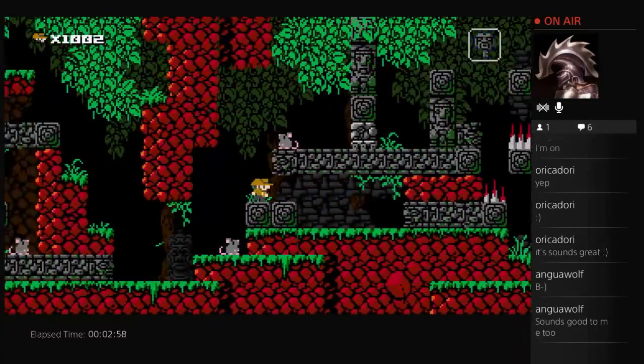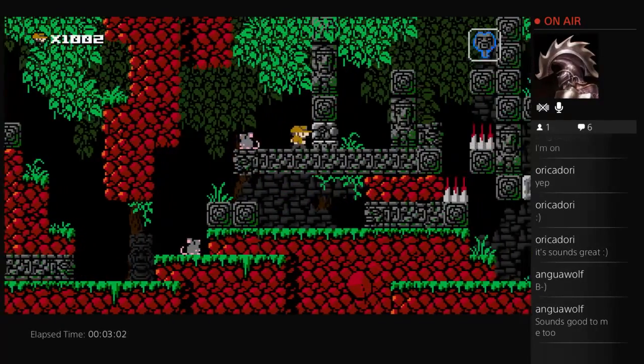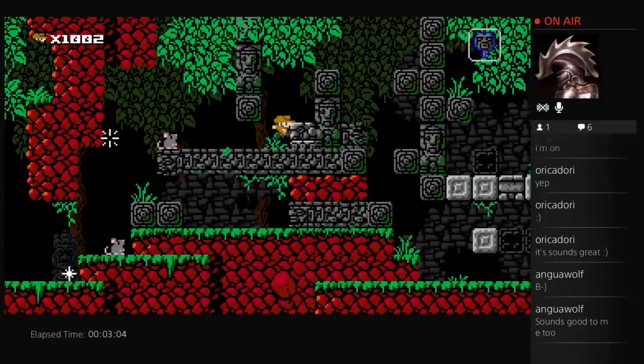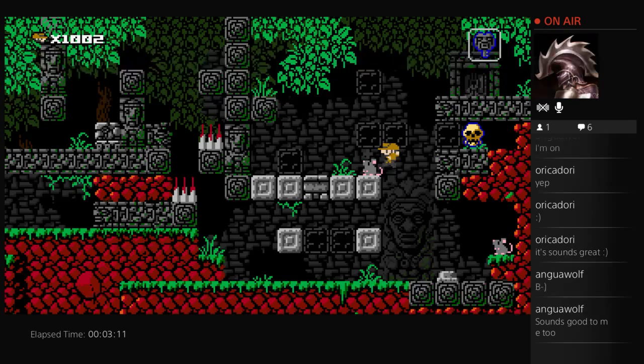So as you can see, these heads right here shoot darts. You can counter them with your own darts, which you can shoot pretty rapidly. But you have to time the counter. And some heads shoot rapidly. Like this one above me shoots once, if I do this I can...